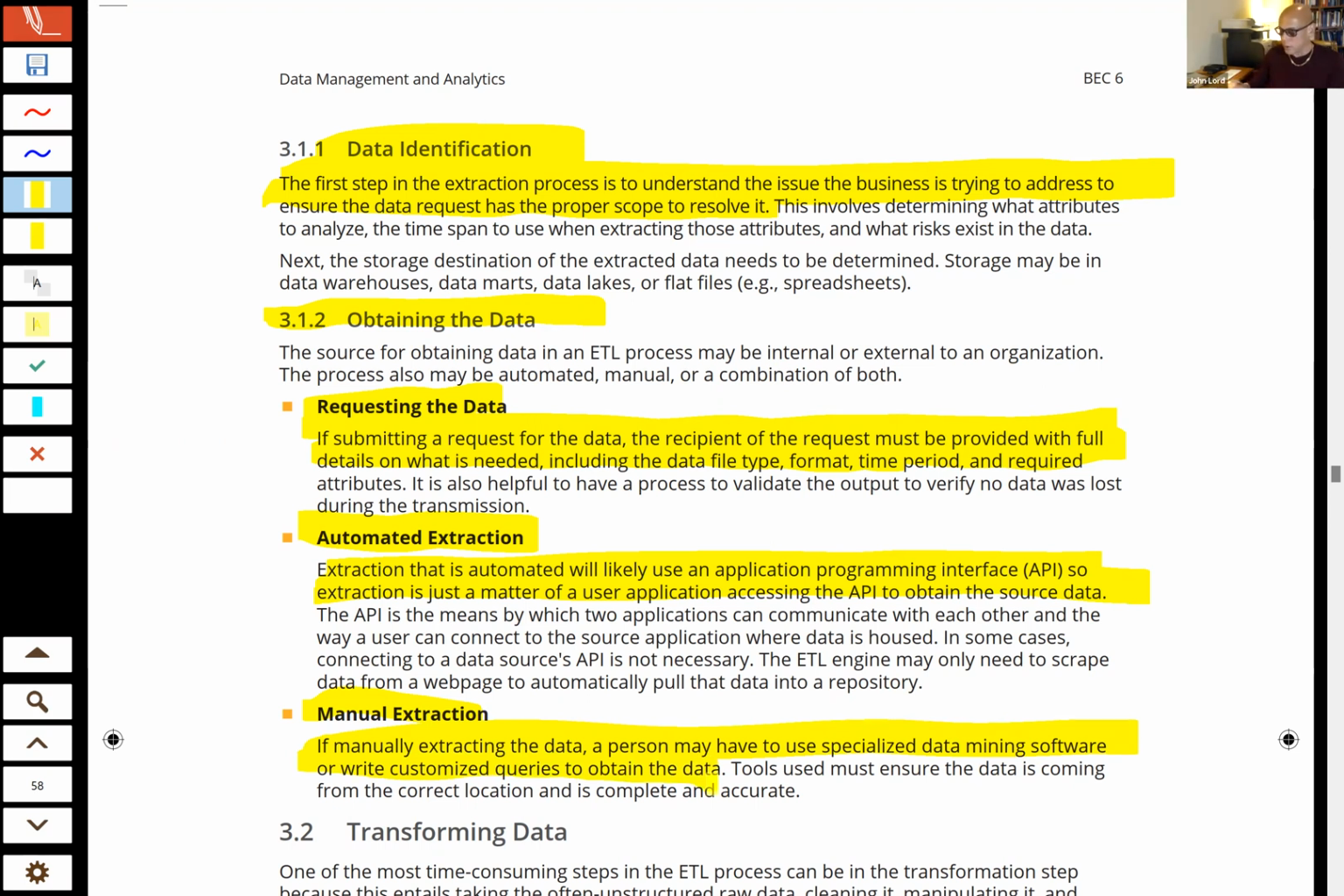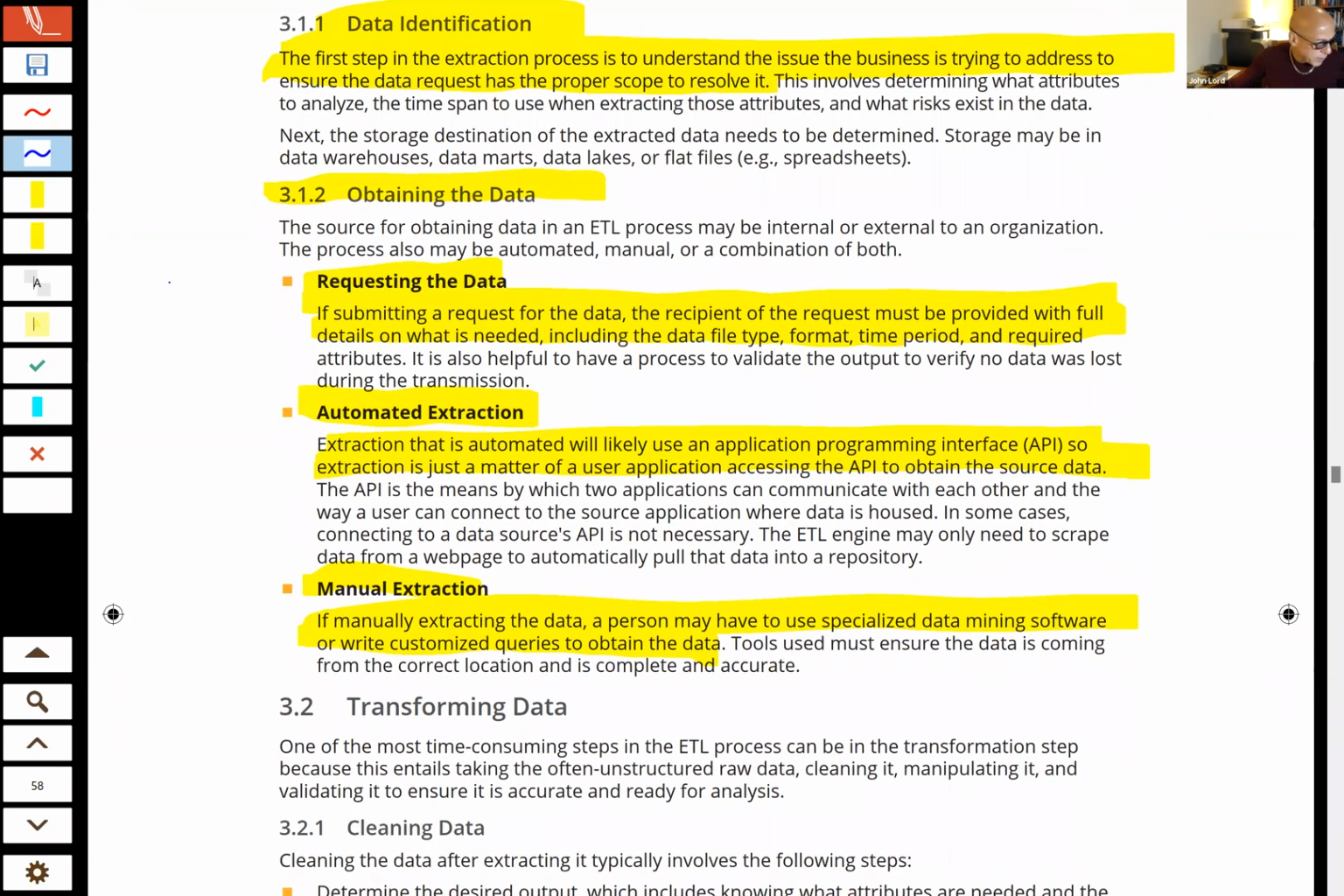We don't mean that you're pulling the data and typing it off of a hard copy into some other process, other than a specialized application programming interface. Okay, now you come over